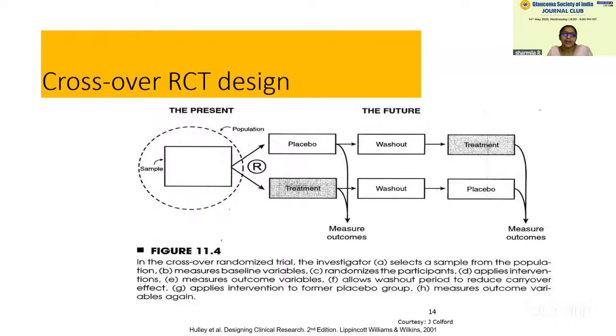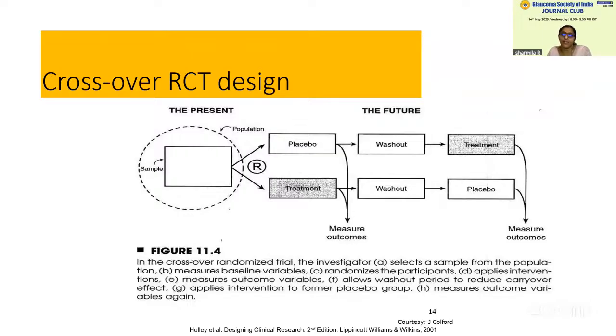So here you take a sample from a particular population which has similar characteristics, and then you randomize them to undergo either a placebo or a treatment. Once you do that, you follow these patients and measure the outcomes. Once the outcome measurements are done with the placebo or the treatment, then you do a washout. Once you wash out, the effect of the drug or the placebo is totally washed out,